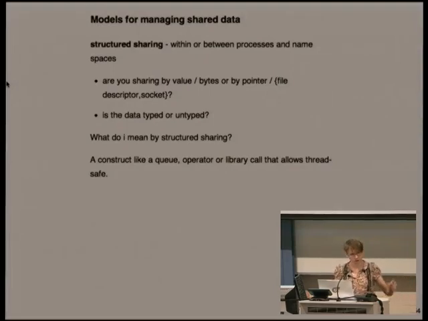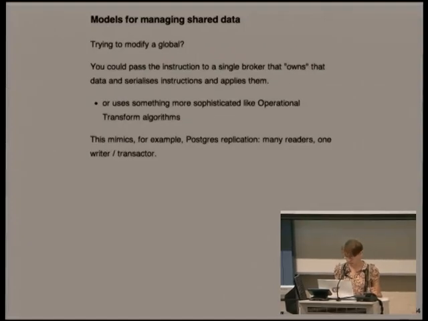I don't want to worry that if I pass some struct or dict to a library function, it's going to mess with it, like try and do a sort in place or whatever. You really need strong semantics about whether you're passing something by value or by pointer. That is probably one of the biggest things to figure out when you're trying to share data. Are you trying to modify global state? In that case, an alternative to something like highly granular locking would be to have a broker thread which owns the data and serializes access to it.